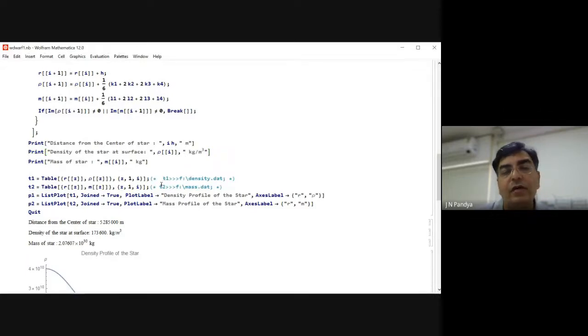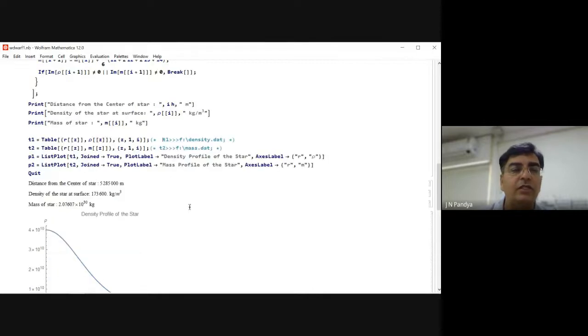Suppose I want to write down an output in some file, I have to simply write it here with the path of the file. But those are the things that we can do even a little later also, not an issue.